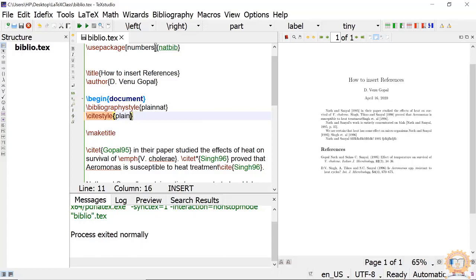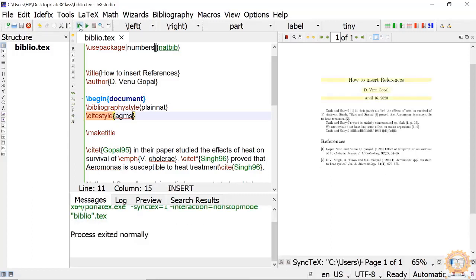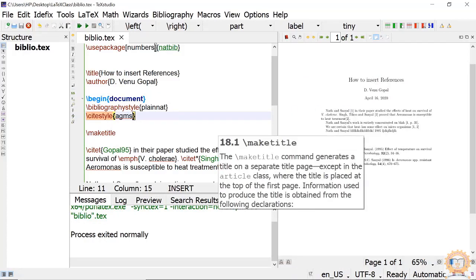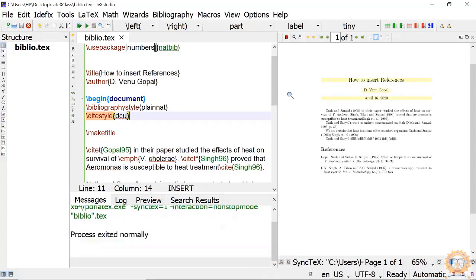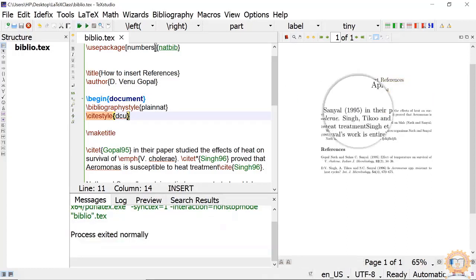AGMS, so this is the AGMS style. Then DCU, okay, this is the DCU style.